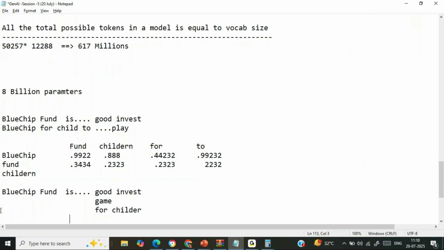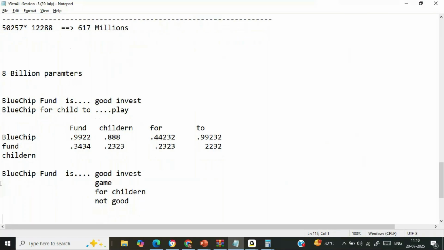It might provide the answer in this particular way. Blue chip fund is not good. So you will get the fine-tuned weights,